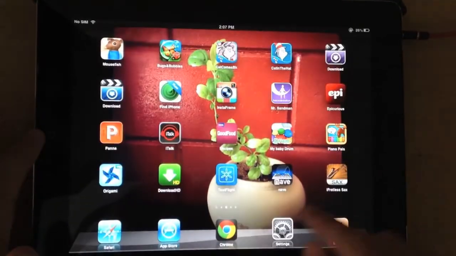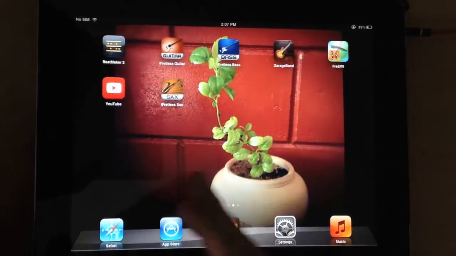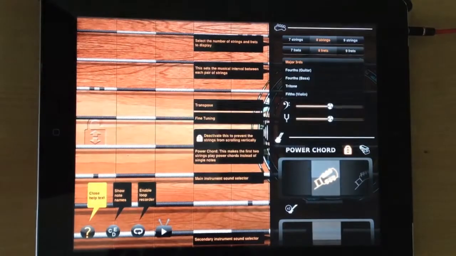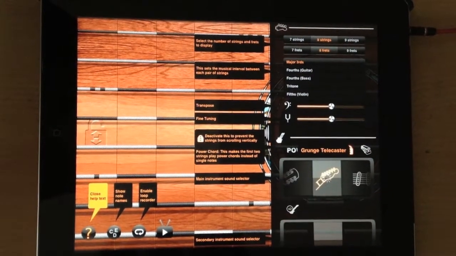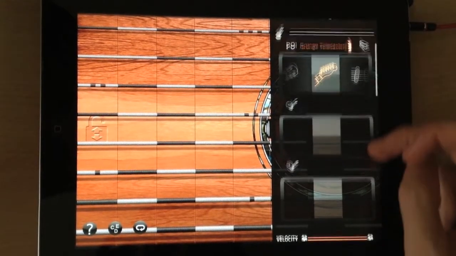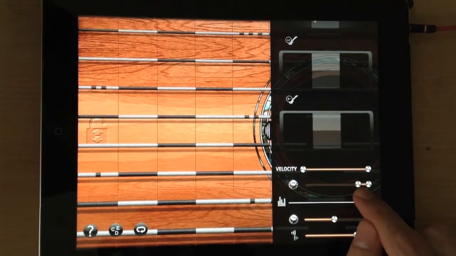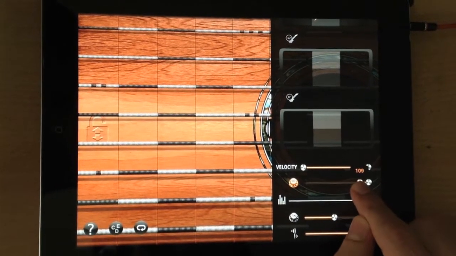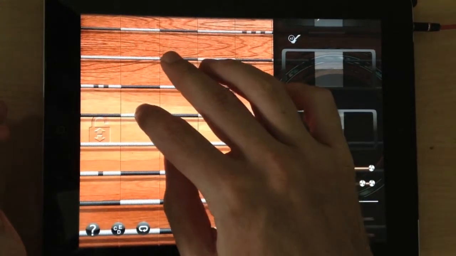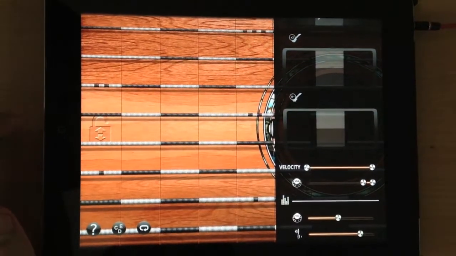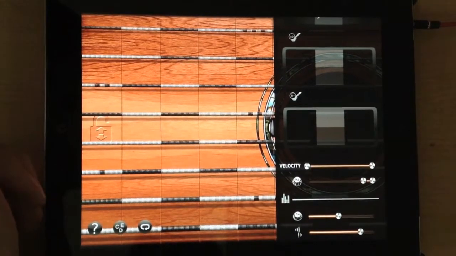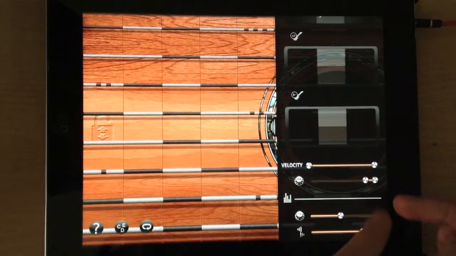Let's have a look at what this looks like when we're in a different iFretless app. This is also quite important in iFretless guitar. If we're looking at electric guitars, especially when you put overdrive on, they don't have much volume range. And you can see by default we've set this electric guitar to have a very limited range right up near the top. The velocity is not limited, so when I play softly, I'm getting the sound of someone gently plucking